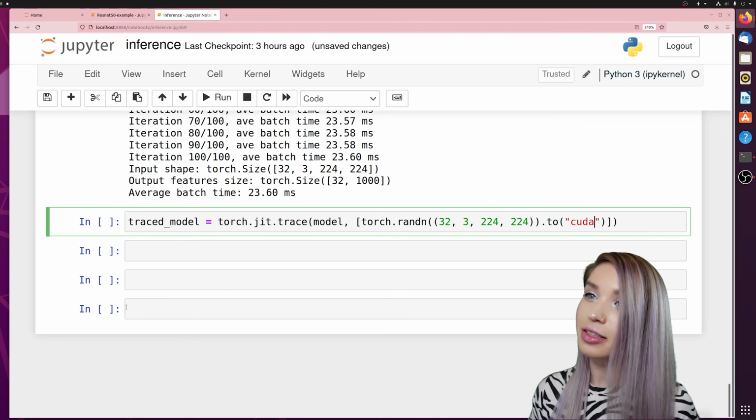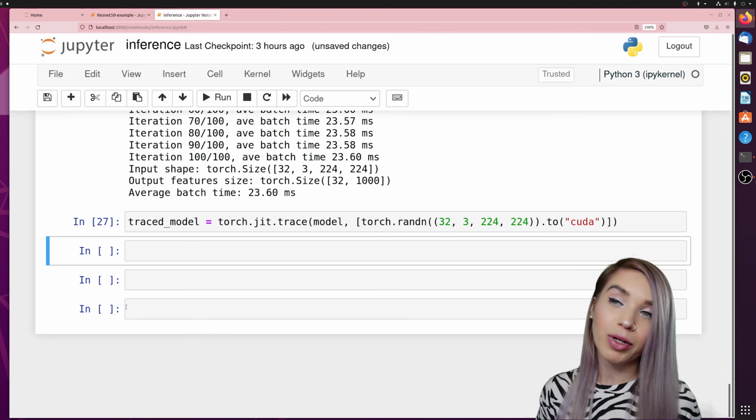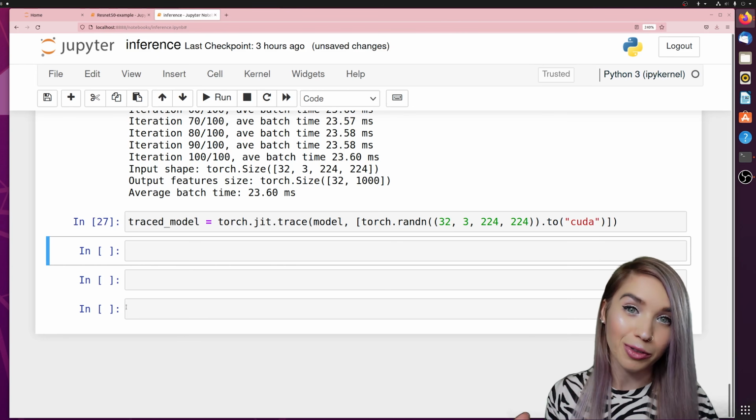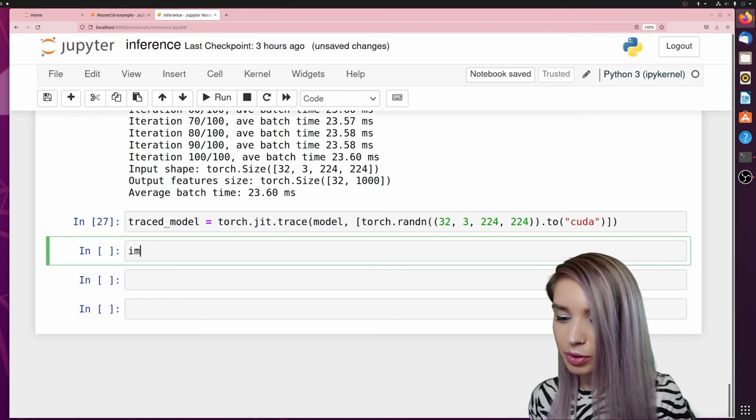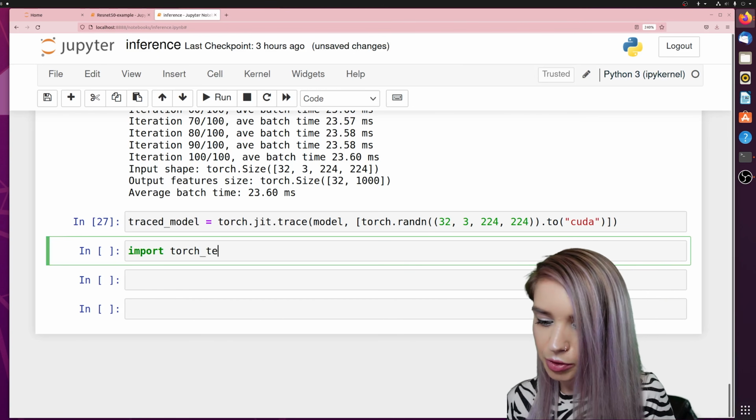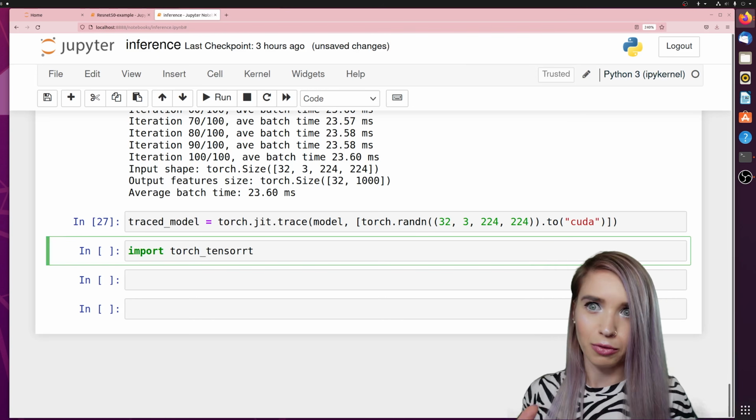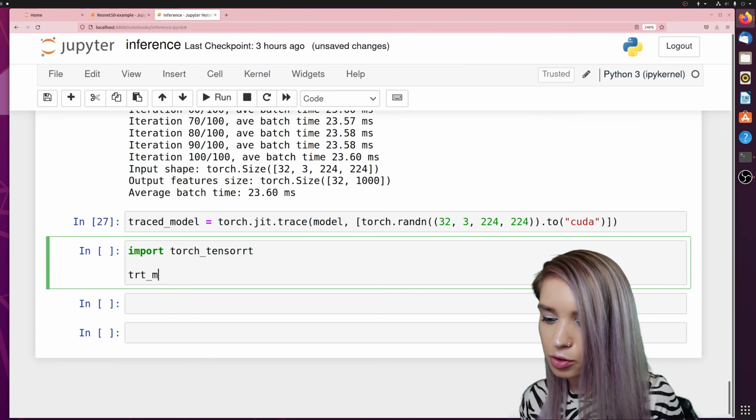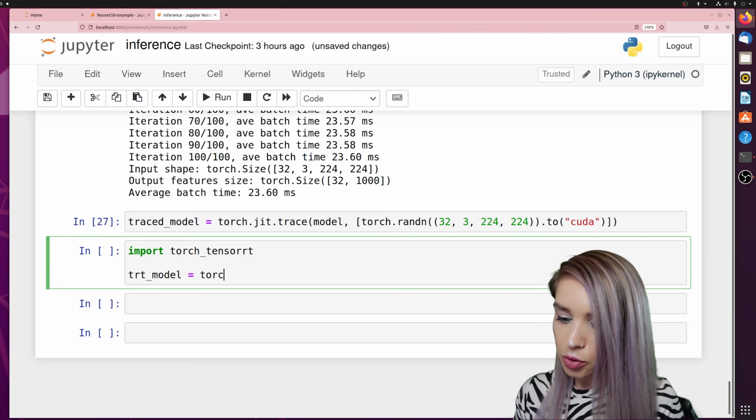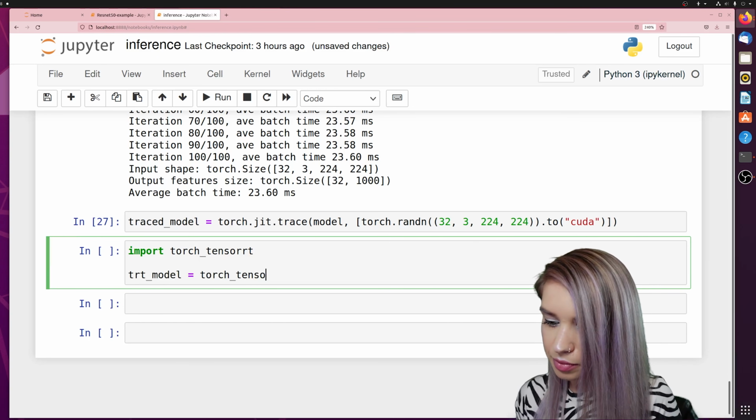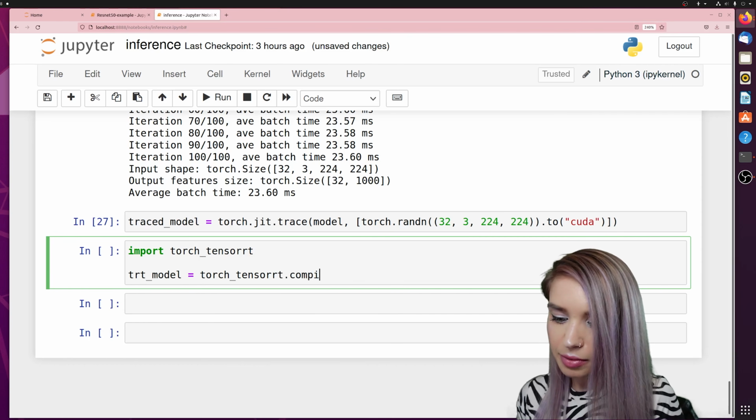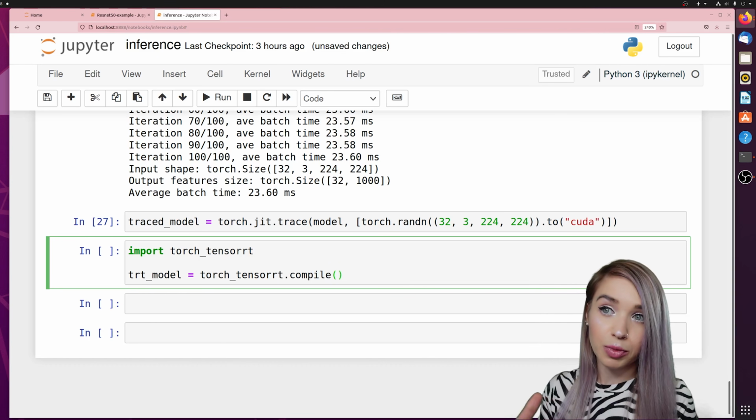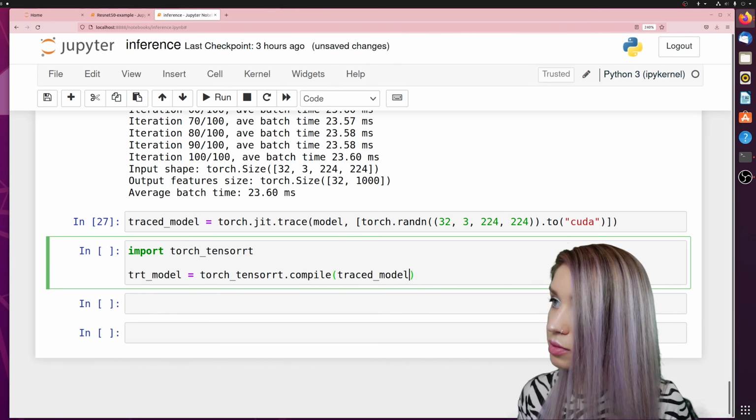Now let's go ahead and run this cell with Shift-Enter, and perfect. Now we can convert our traced model to a Torch-TensorRT model. So in the cell below, we will type import Torch_TensorRT, of course, and we will create a brand new variable called TRT_model. We can then set it to Torch_TensorRT.compile, and we will pass 3 arguments here, where the first argument would be our traced model, and the second